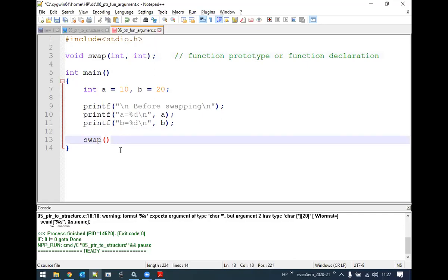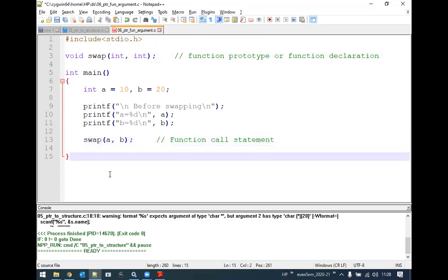So the first one is a and the second one is b, and a semicolon. Once this particular statement is executed, it will invoke the user defined function. This particular statement we call the function call statement.